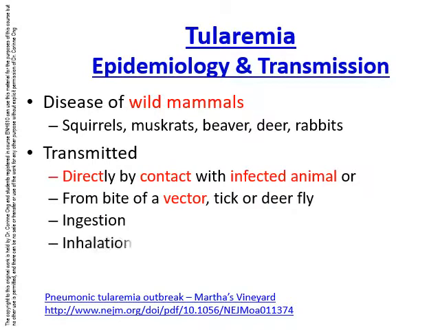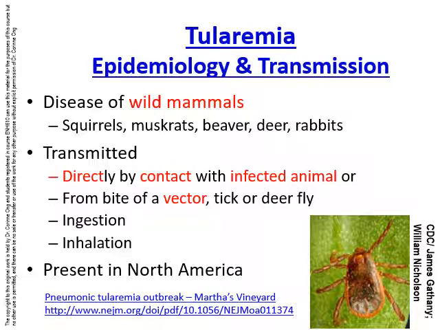Tularemia is a disease of wild mammals. These are mainly squirrels, muskrats, beaver, deer, and rabbits. They're transmitted directly by contact with infected animals or from a bite of a vector, such as ticks or deer flies. It can also be transmitted through ingestion of contaminated food or water, and also inhalation of aerosols that carry the bacteria. It is present in North America, and reports of tularemia have come in sporadically in Canada and also